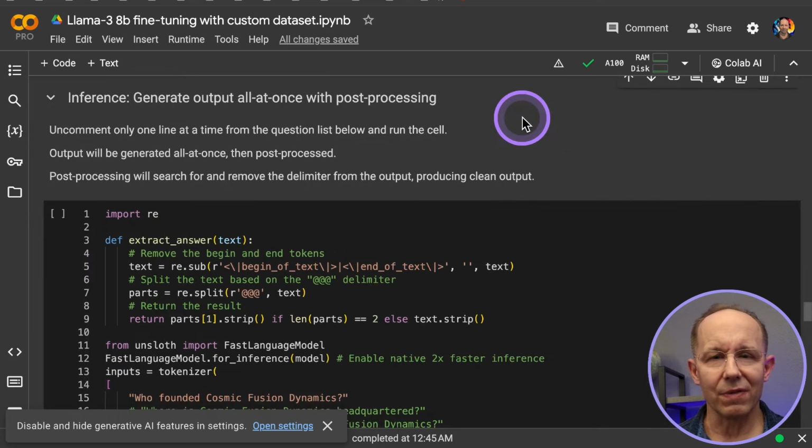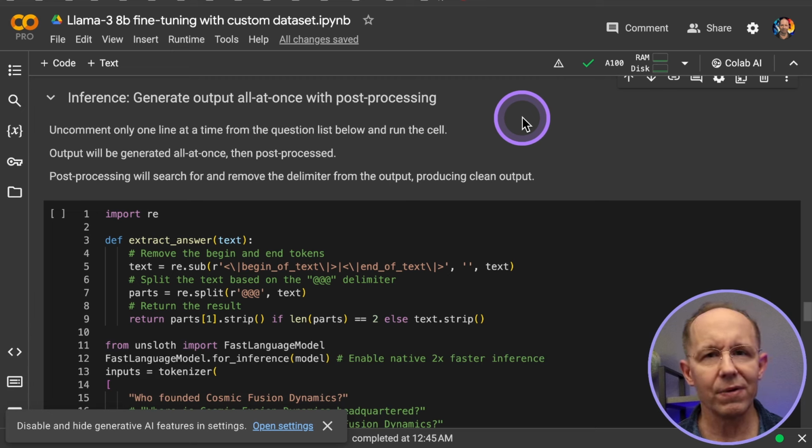You may have noticed that the question-answer pairs in the training data setup were constructed with a triple hash delimiter for the start of each question and a triple @ delimiter for each response. Our answers were coming back with these delimiters. If we want clean output, we can use a convenient regex function to post-process the model's output. That's what this cell does.